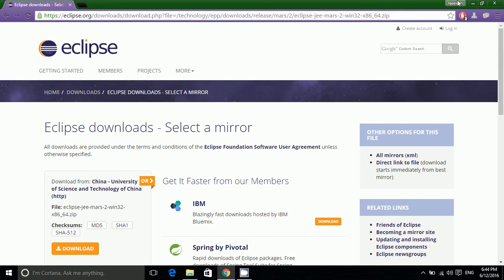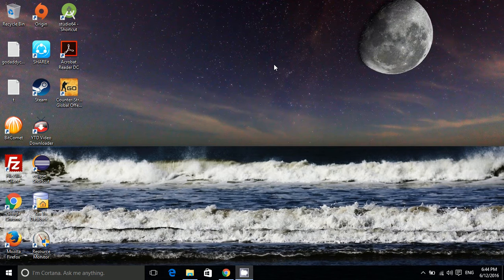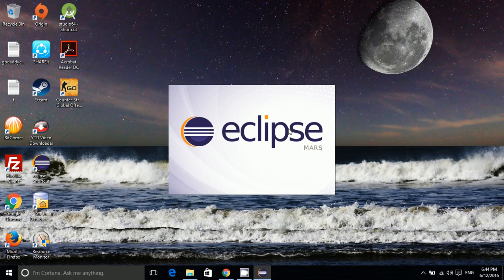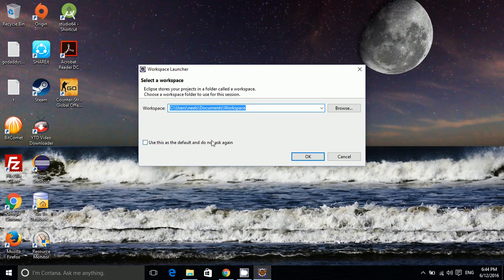Once you have downloaded and installed it, you will see a desktop shortcut created here, the Eclipse shortcut. You can see on my screen that the Eclipse shortcut is created here, and to open it, you have to double click it. I am double clicking it, and it is loading like this. It is written here Mars, Eclipse Mars. It means it is the Mars version of the Eclipse IDE. There are plenty of other versions available like Luna and Kepler. The latest one is Neon, but I have JDK 1.7, so I have installed Mars, the previous one.